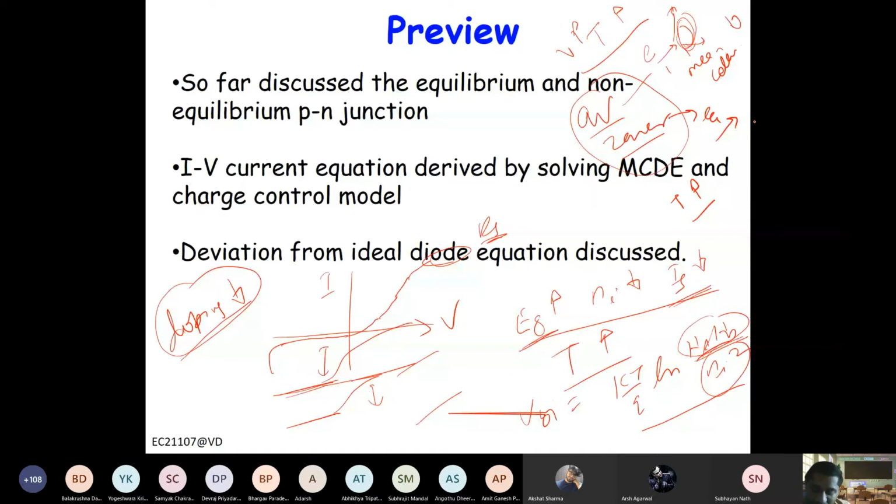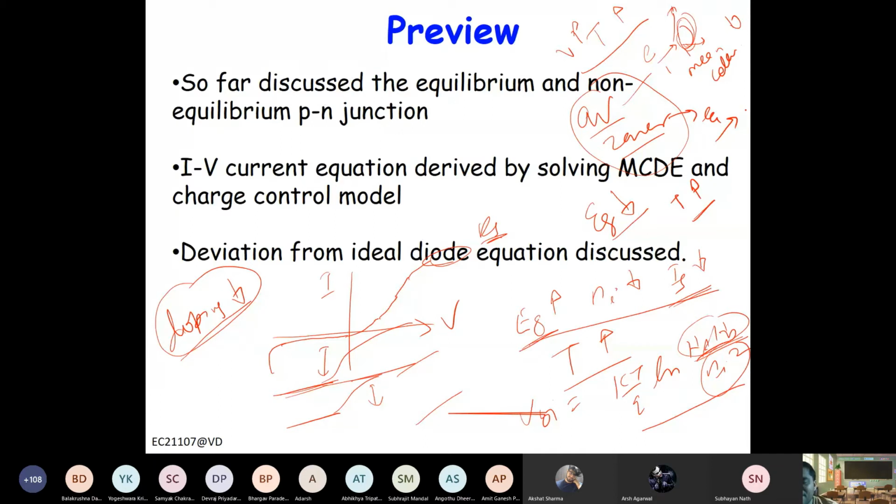You can understand this way. We discussed how the band gap changes with temperature. If you increase the temperature, what happens to the band gap? Does it increase or decrease? Okay, I will tell you. It actually decreases. That means at 0 Kelvin the band gap is maximum. Then as you increase the temperature, the band gap goes down, means it reduces.